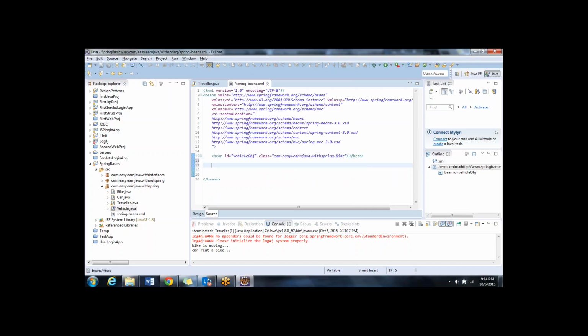In Spring beans.xml, can I have two classes with the same ID? Like bike and car both have the same ID as vehicle obj, yes or no? Very good. The answer is no. Why? Because